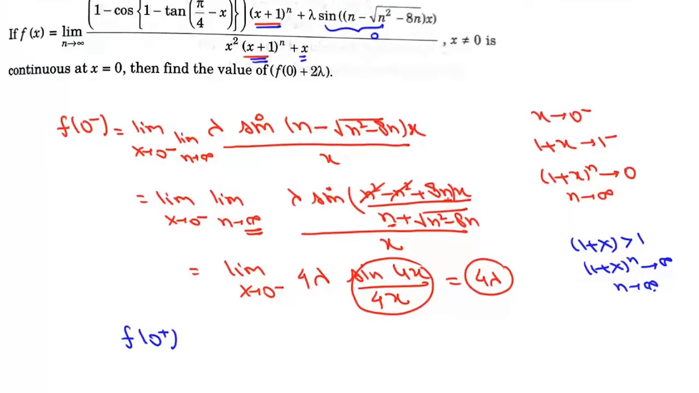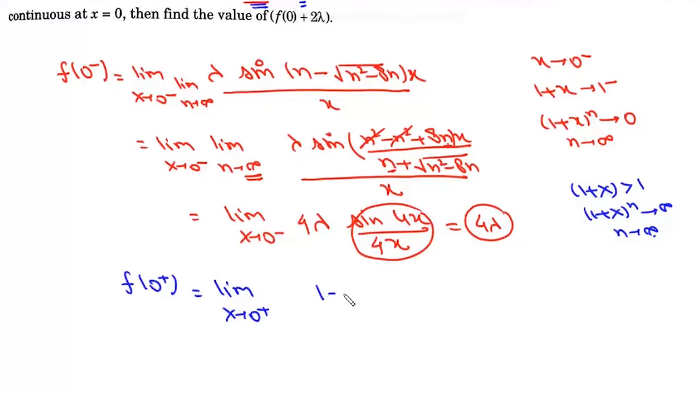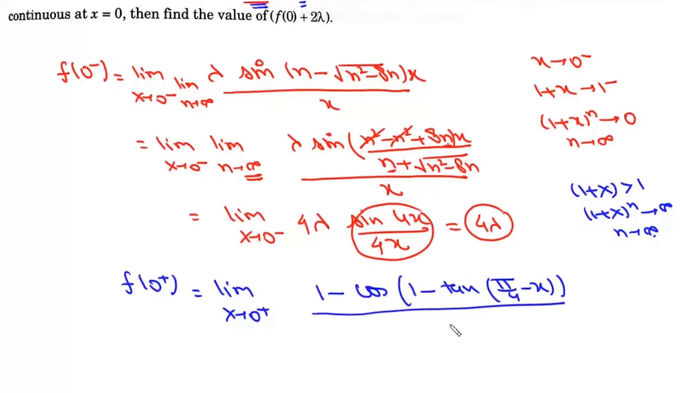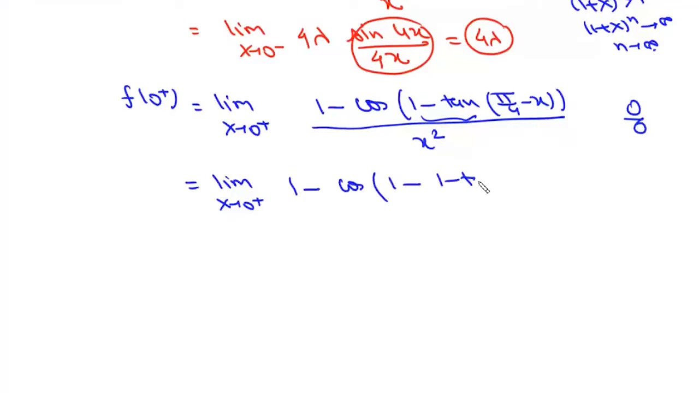x tends to 0 positive, and here it will be 1 minus cos (1 minus tan(pi by 4 minus x)) whole divided by x square. Now this is 0 upon 0 form. We'll simplify this. Now this is limit x tends to 0 positive, 1 minus cos, and it is (1 minus tan x) upon (1 plus tan x), upon x square, which is